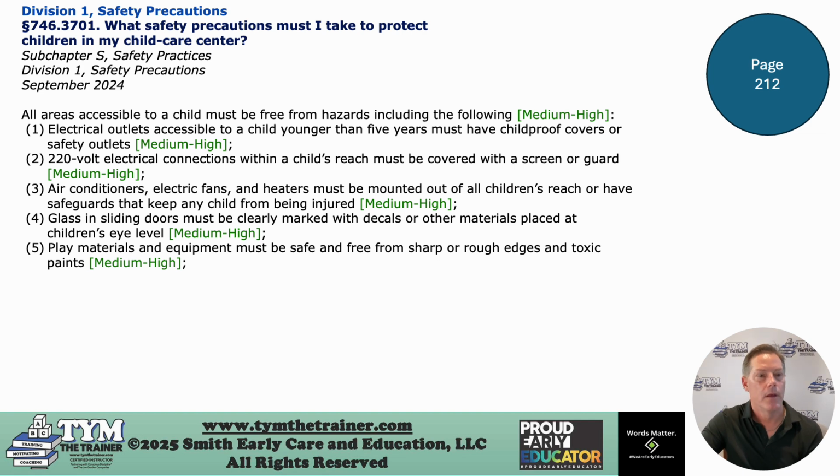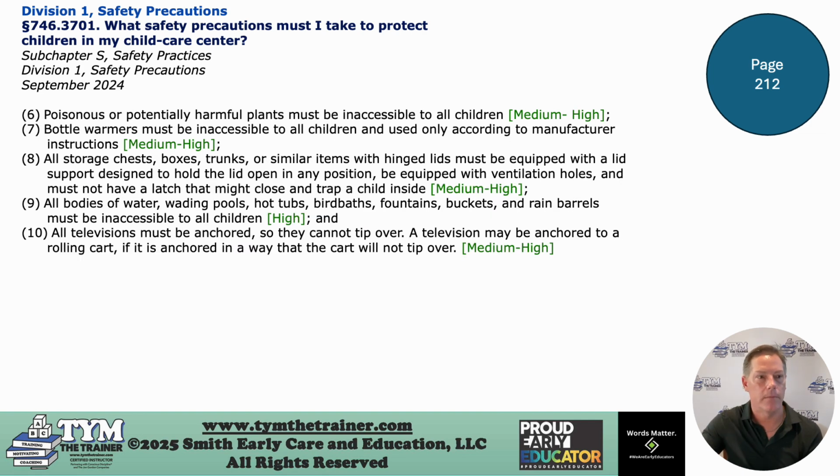All right. Kind of moving on right here. When we talk about safety precautions, storage chests, boxes, trunks, anything with a hinge lid, all right, has got to be equipped so that the lid will stay open, or it's got to have ventilation holes. All right, anything that might entrap a child. Think about your home center furniture. All right, if you've got the little refrigerator or the little stove, something like that, you might want to take